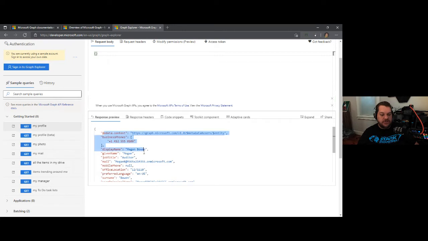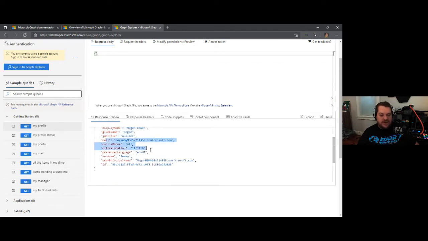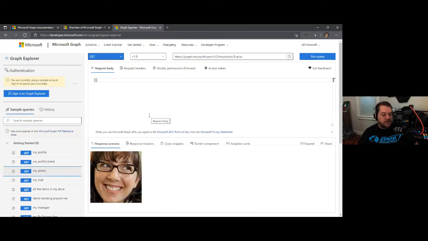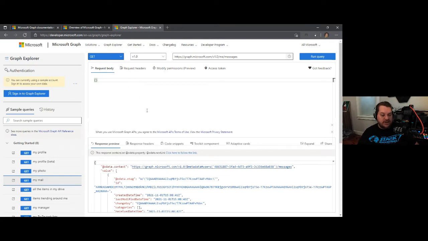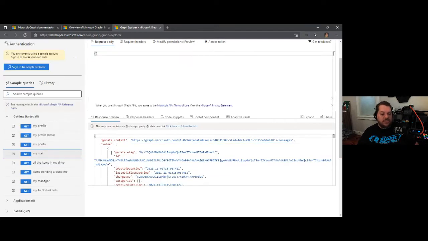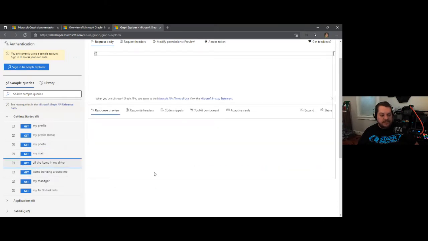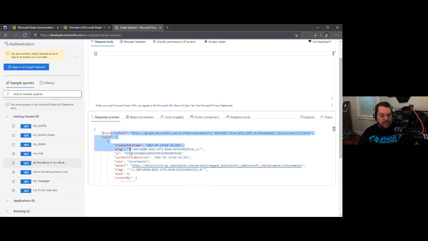So this fictional user, Megan Bowen, who's an auditor, has an office location, surname, user principal name, which is their alias, all sorts of information that would be interesting to us. We can get this person's picture. We can look up mail, and I'm going to jump back and explain how all of this is working in a second, but just showing real quick with the graph, I can go look up their emails. I can go look up items in OneDrive,